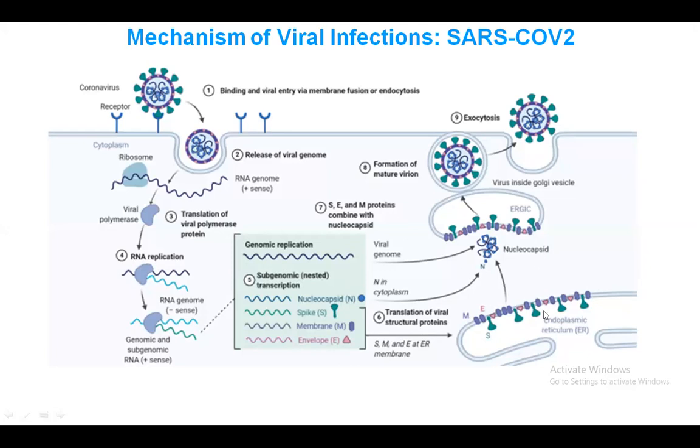These proteins are released from the endoplasmic reticulum and form a nucleocapsid. In the nucleocapsid, the viral genome gets fused, and it finally forms a mature virion particle. Once the virion particle is formed, it is released out of the cell through a process called exocytosis. In this way, these viruses continuously replicate and increase in our human system. This is how a virus starts its infection.